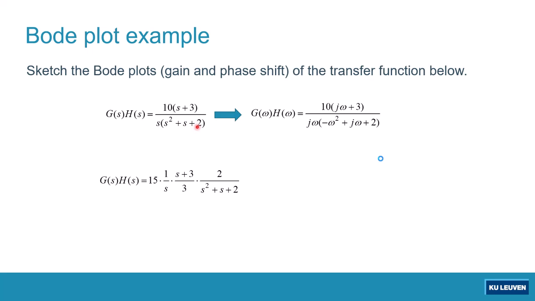plus 2. Just as a side story, this transfer function comes from two transfer functions connected in series, G(s) and H(s). If you want to plot it with your computer, you simply have to convert it to the frequency domain by substituting j omega for all of the s's, find the magnitude, convert it to dB scale, find the phase accordingly, and then plot the magnitude in dB scale and phase in linear scale as a function of